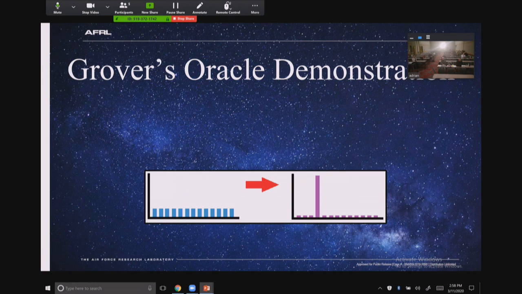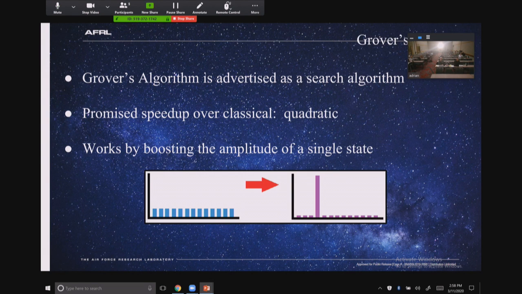That's why I say it's still an open question, because there's multiple ways to implement an oracle, and I'm going to show you just a very basic one that would not win out against a classical computer. It would be something more to give to a student who just needed to understand the concept of what an oracle does. And as you can see in this picture, the bars represent your